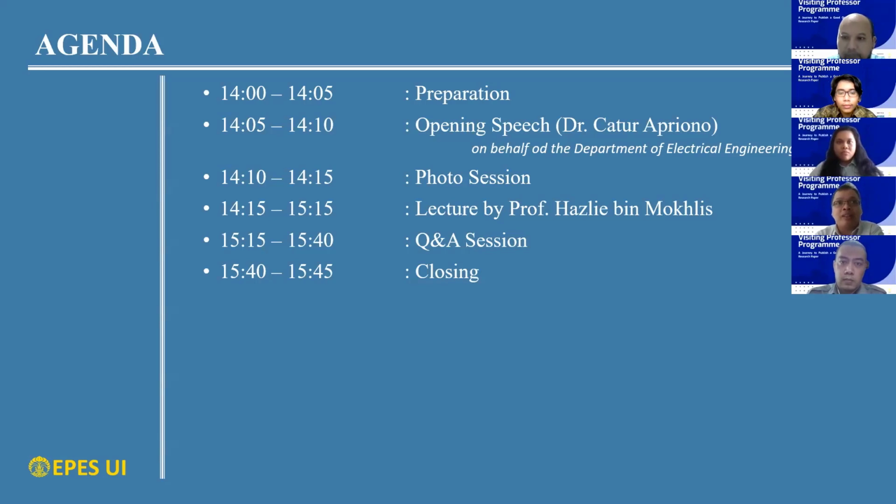The subject grading is based on the publisher quality. For example, a student can obtain an A grade if they succeed in publishing in a Q1 or Q2 journal. So it depends on the paper quality. It's really related to today's lecture topic. And finally, we hope everyone enjoys today's lecture and gets many benefits from Prof. Hazlie's experience. Thank you very much, Prof. Hazlie, and everyone. Enjoy today's lecture.